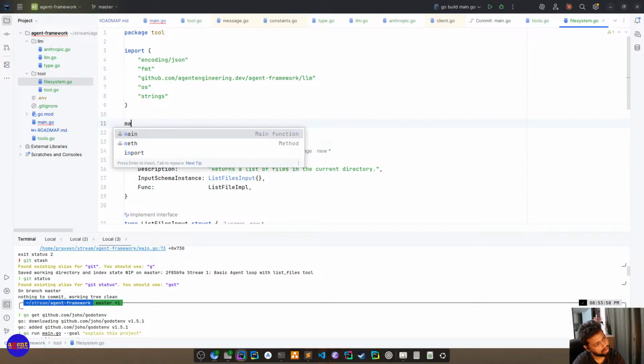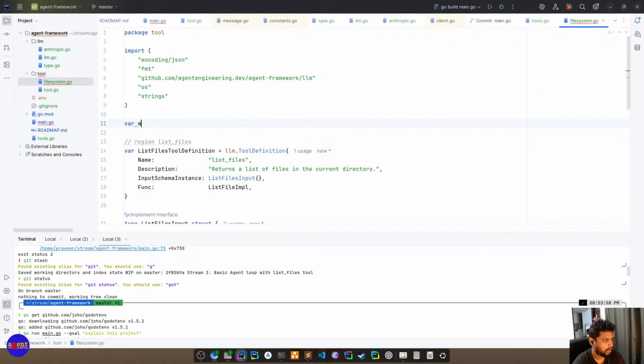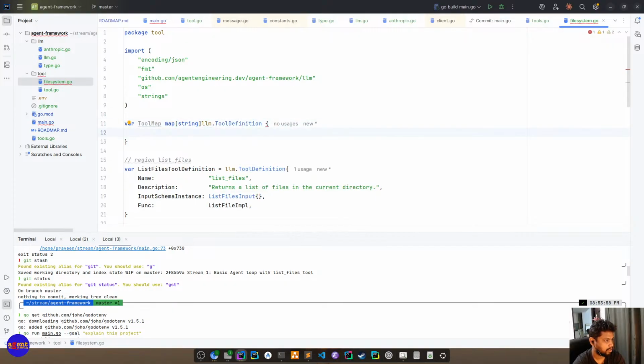Let's say for now let's hardcode a map. List file is.